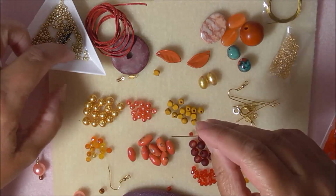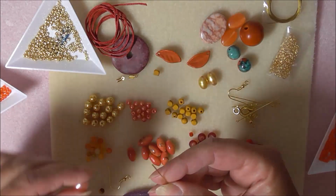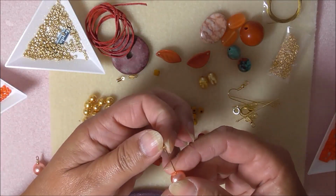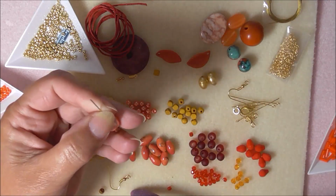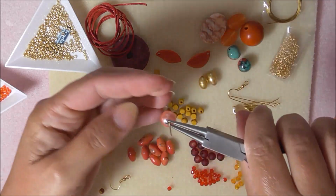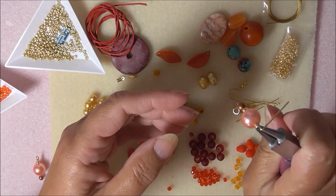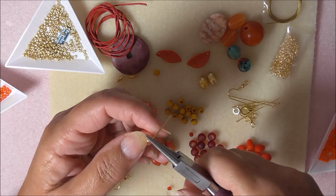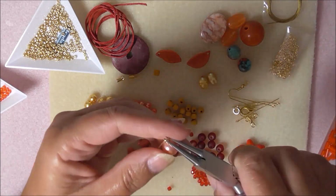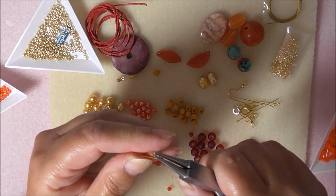I'll just try and get the same size, because these sea beads are not all the same size, so you will have to work through. And the pearl, and then sea bead on top, okay, and then turn a loop. So your pliers, holding it straight, bend it to a 90-degree angle, pushing over the top and round, straightening your loop out a bit,